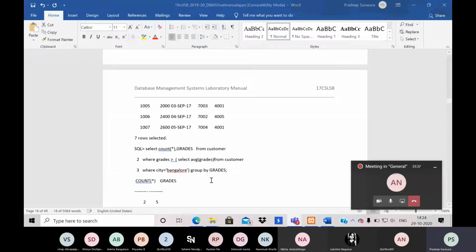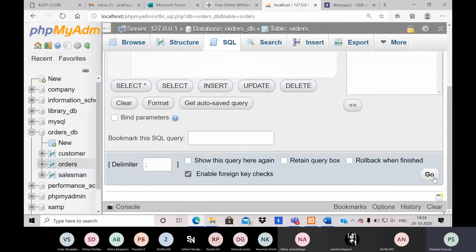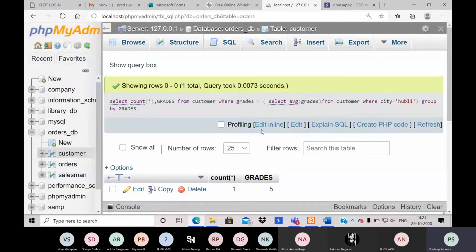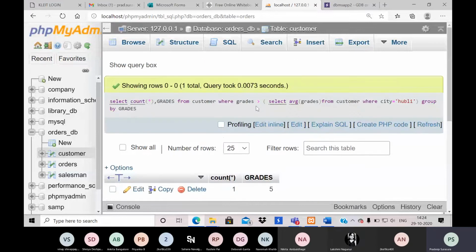So I need to count how many people have a particular grade greater than the specific value. So let me rename like this accordingly. Then, first if we try to work on this, say like this. Now let's just see what it says. So we do have some records. So we have one count greater than this.